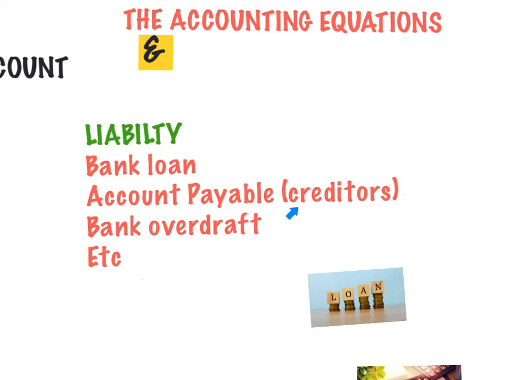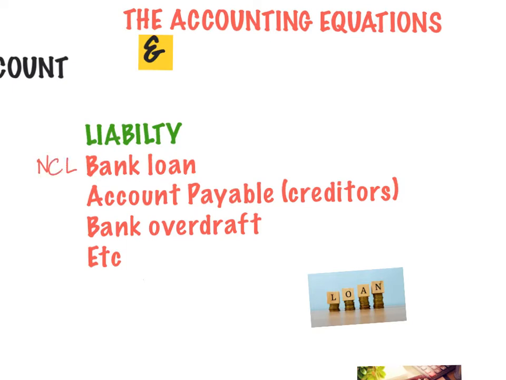So accounts payable are actually when you buy things on credit. You don't straight away pay the supplier. So we call them accounts payable. So you are owing your supplier some money. So this is a liability. So there are two types of liability. Okay, there is what we call non-current liabilities,